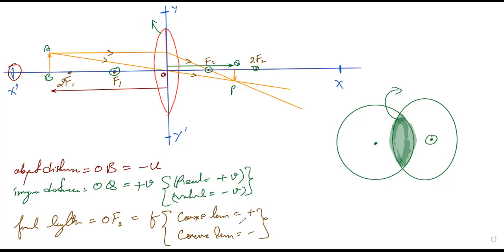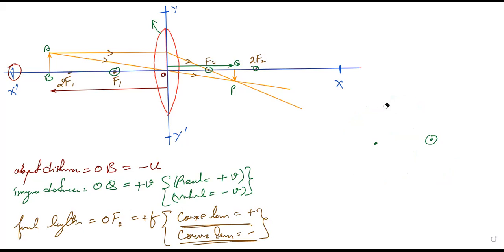So please remember this one. So convex lens के लिए हम लोग positive focus लेते हैं और concave lens के लिए हम लोग negative focus लेते हैं। So this is a very important thing which you need to remember. So यहाँ पर focal length के लिए जब हम लोग OF2 ले रहे हैं तो F यहाँ पर मेरी क्या हो जाएगी, पॉजिटिव हो जाएगी। ओके, so I hope everyone you are getting these things, what all the quantities are. So यहाँ पर अगर हम लोग देख लेते हैं तो फोकस को भी हम यहाँ पर मार्क कर देते हैं। So this is the focus over here। तो ये हम लोग ले रहे हैं।